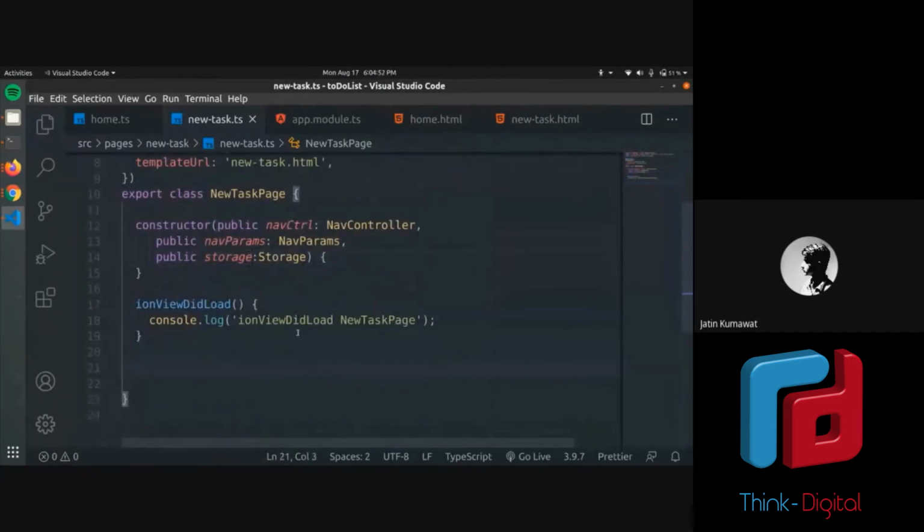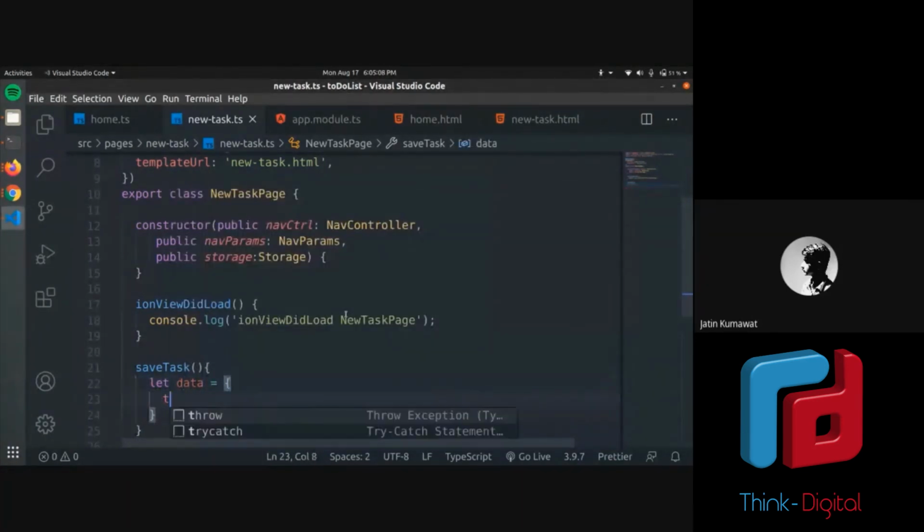So now I will create a new function to store the value. I will name the function save task, as I gave in the HTML file. Let me create a new object. Let me name it title. Let us write 'this is title', comma.